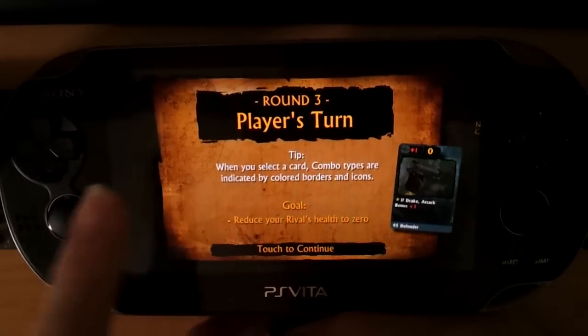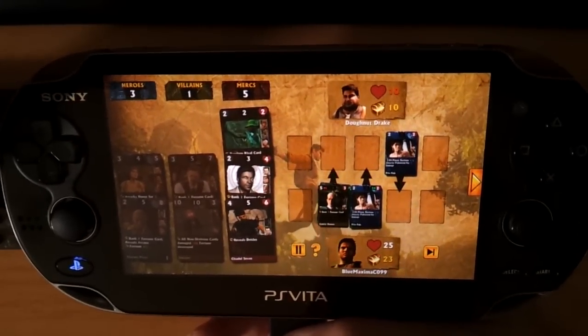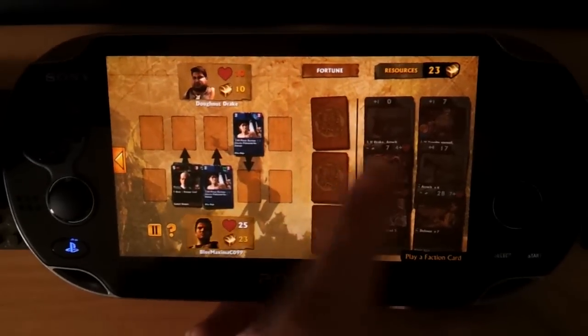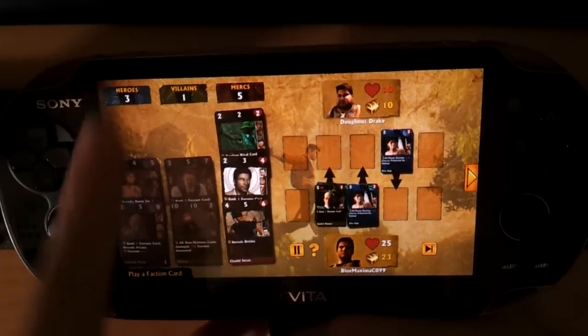And now it's my turn. Okay, so we put down a Rikaraja too. You usually get a prompt on the right side of the screen telling you what resource card you picked up. It's not that important. So...